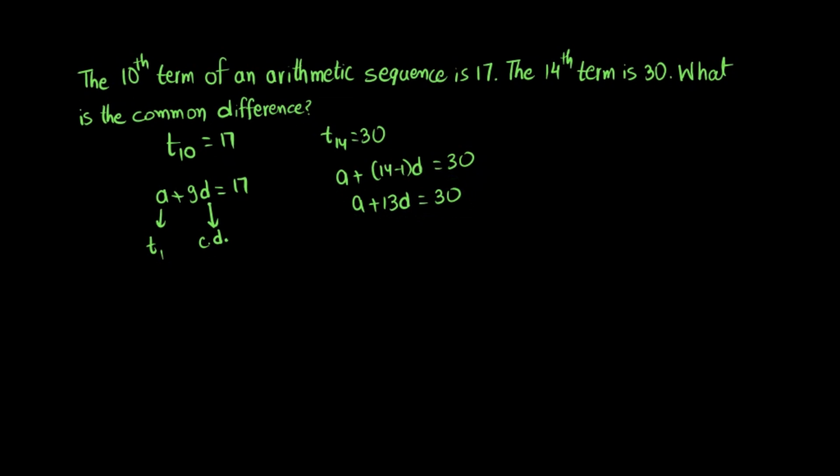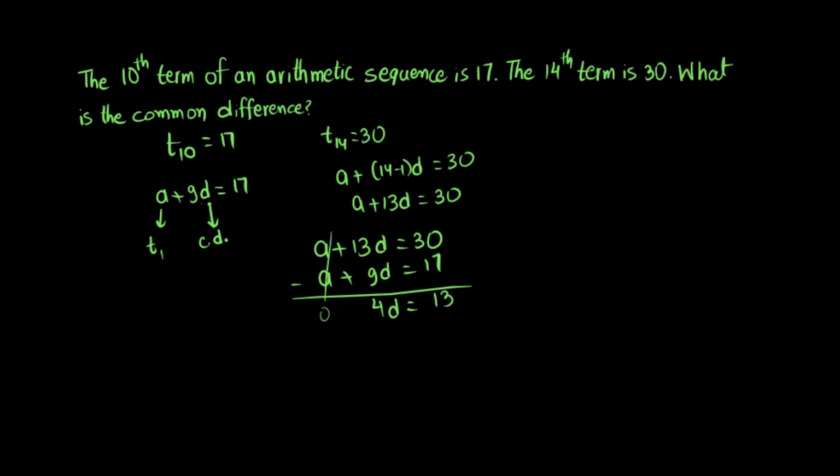You have two equations and you have two unknowns. You can use the method of substitution or elimination. I will go with elimination. I'll write the first equation, A plus 13D equals 30. And then this equation, right underneath, A plus 9D equals 17. And now subtract. A minus A is gone, so it's 0. 13D minus 9D is 4D equals 30 minus 17,